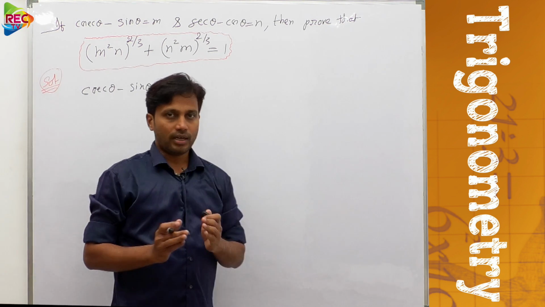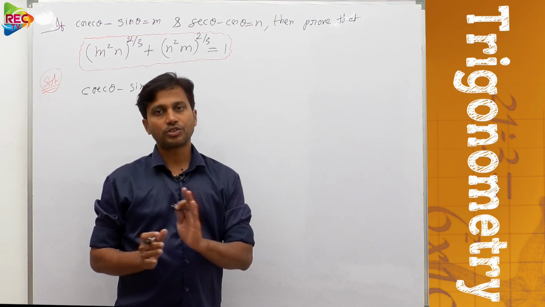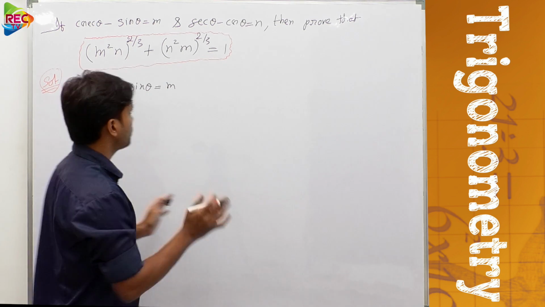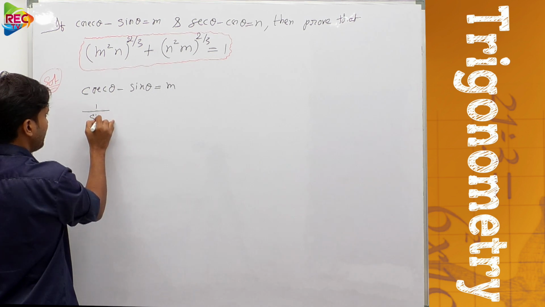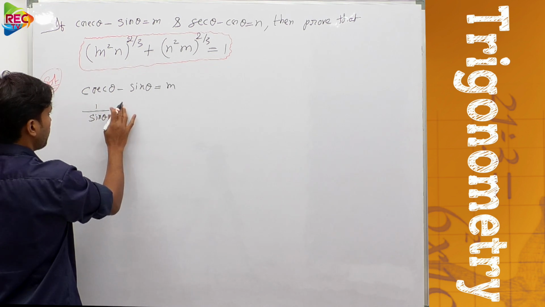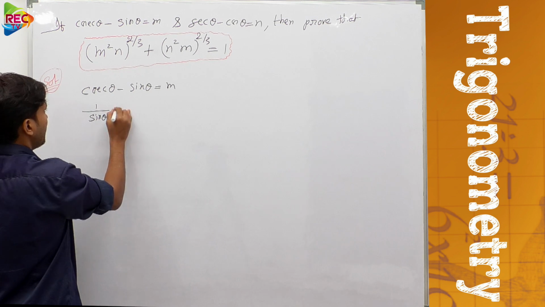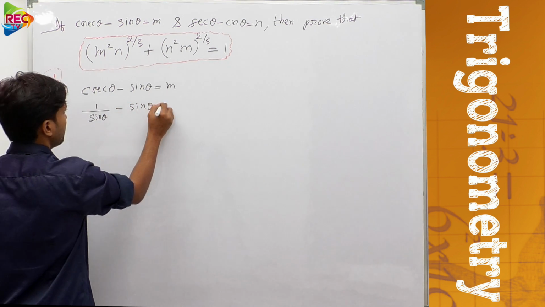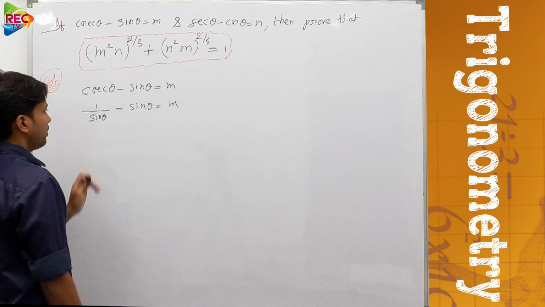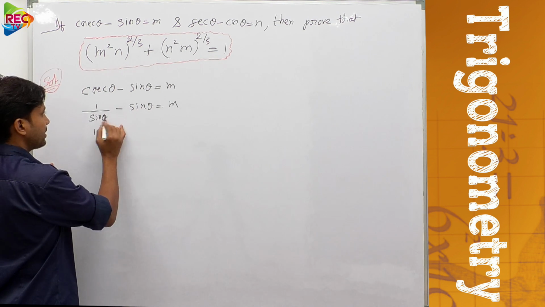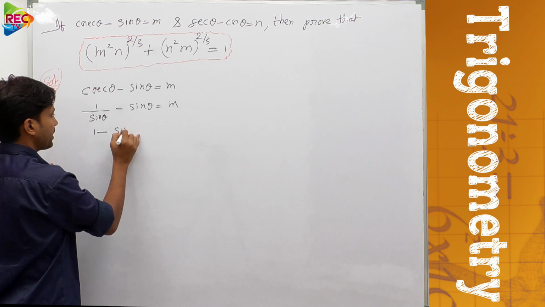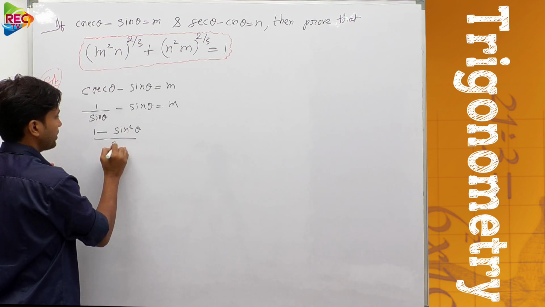Better all should be converted into sin theta. Cosecant theta can be written as 1 by sin theta, exactly, because sin theta is the reciprocal of cosecant theta. Minus sin theta equal to m. Now taking LCM for this LHS part, 1 minus sin theta into sin theta, that would be sin square theta, by sin theta